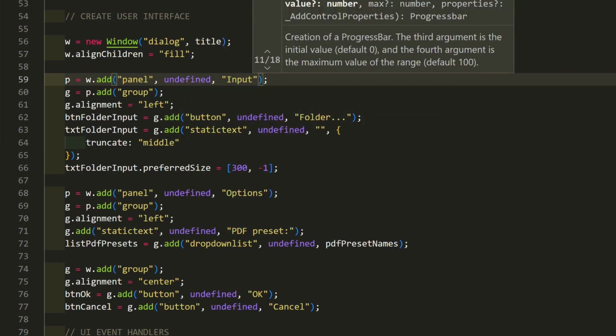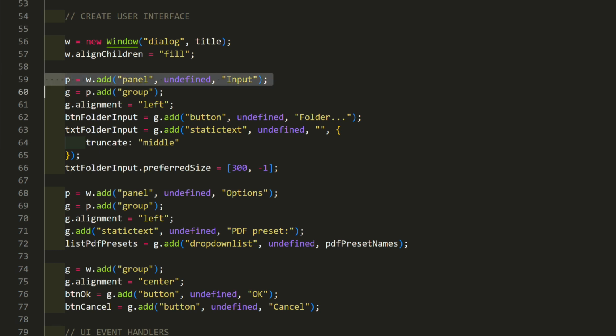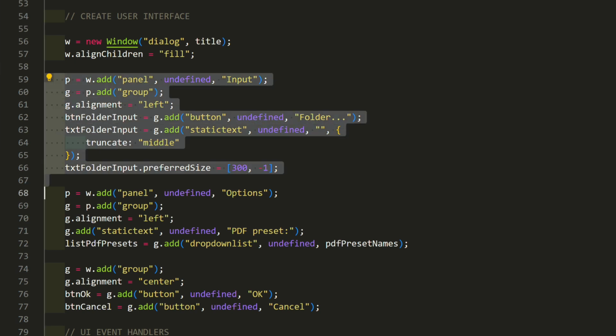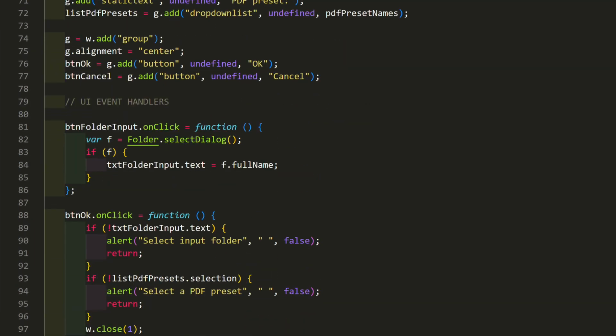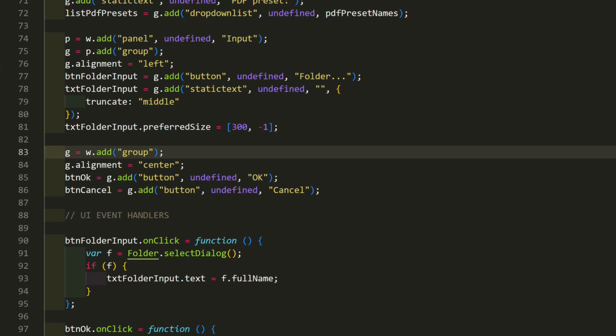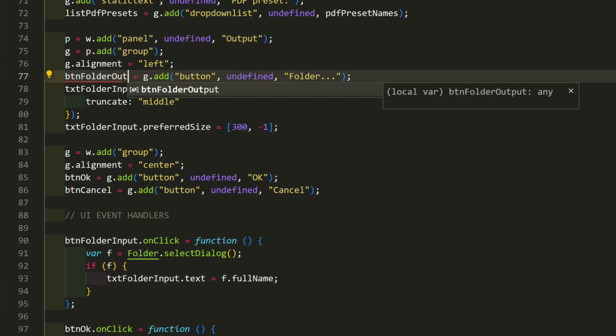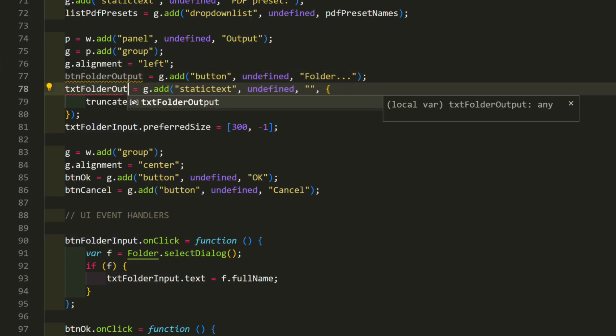Then copy the code for this panel, from p = w.add panel until the next panel is defined. Paste before the group for the OK and Cancel buttons. In the copied panel, change the label to Output, and change the button and text variables from Input to Output.